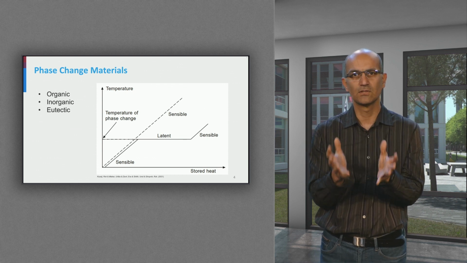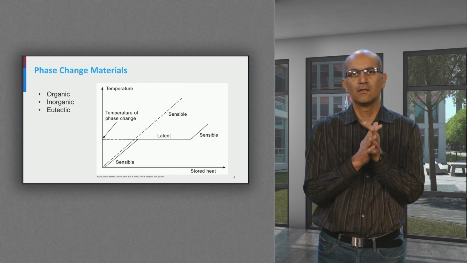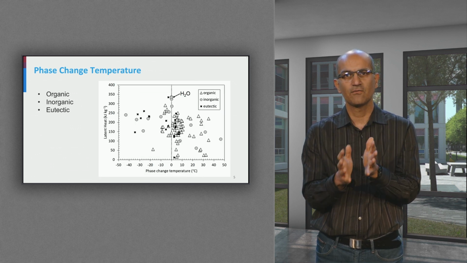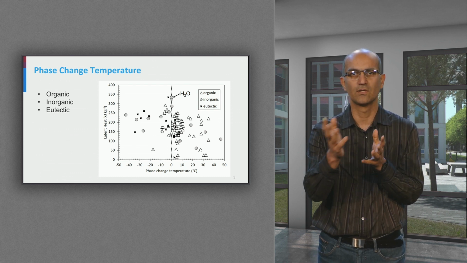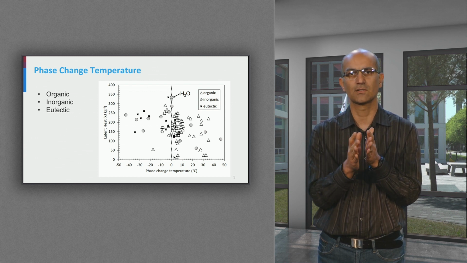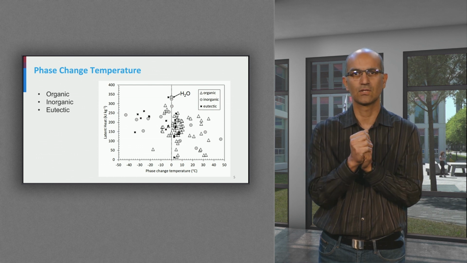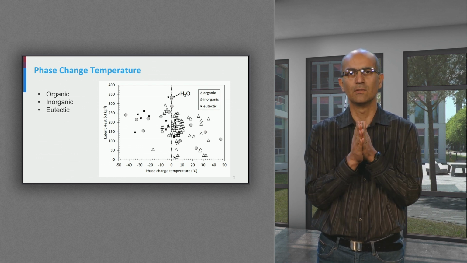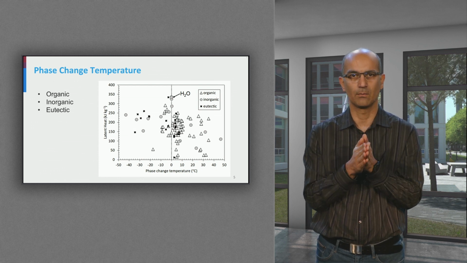Similarly, we can use different materials, could be organic, inorganic, or eutectic mixtures. These materials exhibit similar phase change behaviors at different temperatures. You can see that water freezes, for instance, under atmospheric pressure at 0, and different materials offer different set points, if you may call it. Over this set point, heat is transferred to or from, but the material temperature does not change. This is the buffer effect we just talked about.